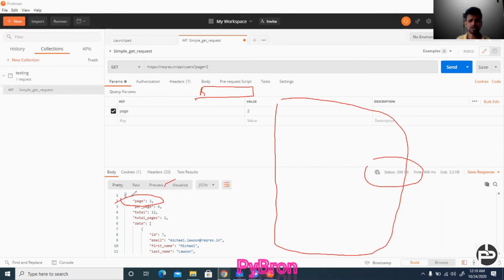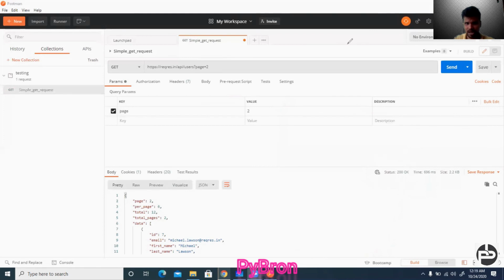Two things you have to check. First thing is your status code. The status code should always be in the 200 series, meaning 200, 201, 202 like this. If your status code is not 200 series, it is 300 or 400, then there is a problem, either from your end, meaning sometimes we are not passing the correct input, or the correct request, so that time also you will not get a proper response.